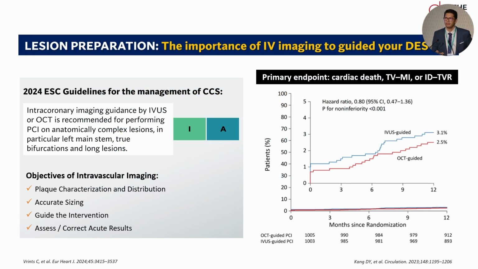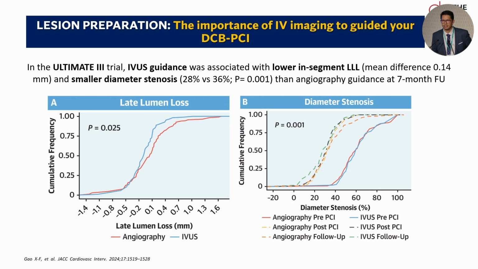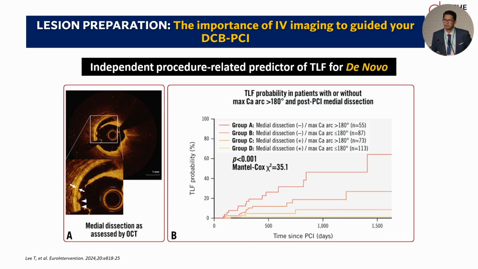We know that intravascular imaging is a 1A indication when you're using drug-eluting stents, but also when we are using a DCB, PCI guided by imaging, IVUS helps us. IVUS guidance is associated with lower in-segment late lumen loss and also smaller diameter stenosis when compared only with angio guidance. But also, if we use OCT to guide our DCB PCI procedure, we have some predictors,